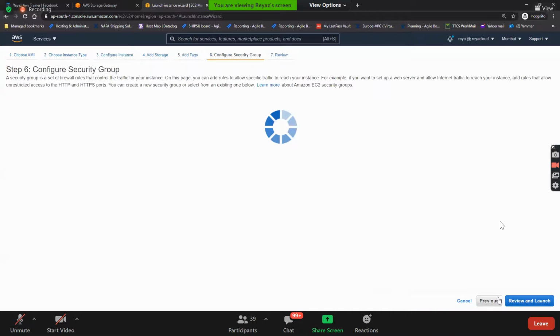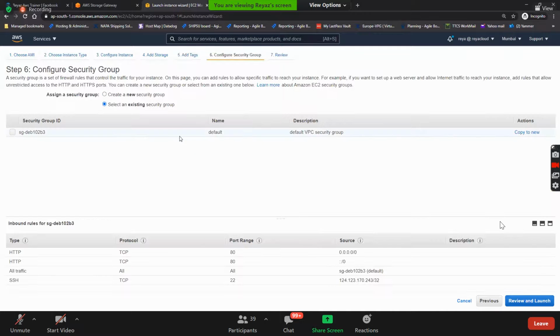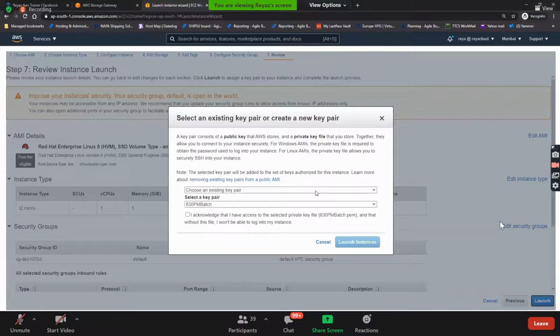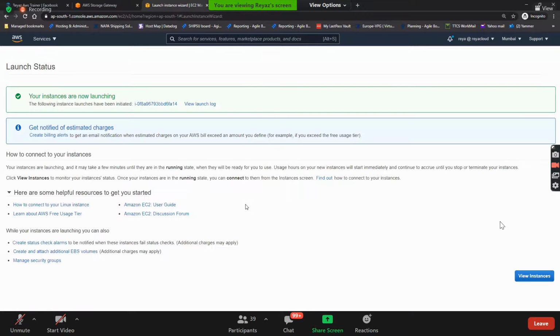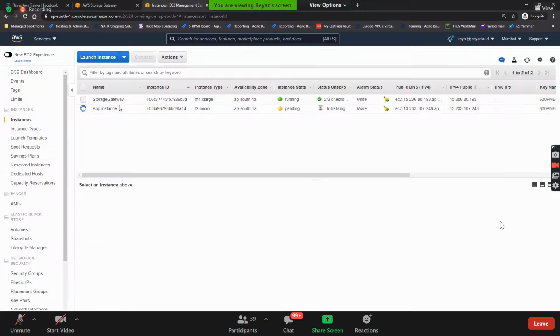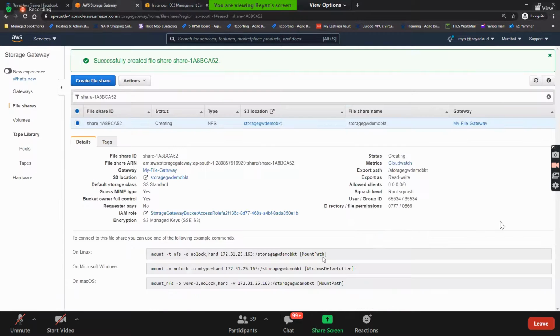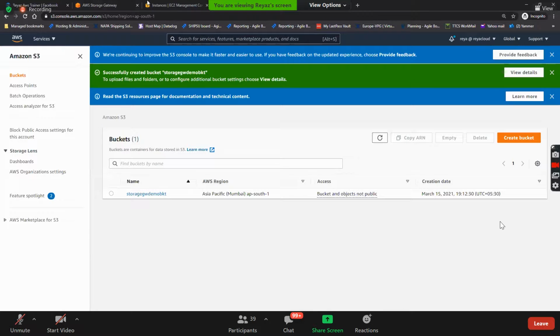Give some name, next, and then launch it. Now what I do, I log into this machine and I'll try to mount this storage gateway, and then I put the data directly to the mount point, and that data should be visible directly inside this bucket. Do you understand that?